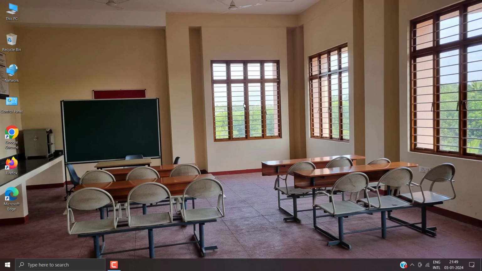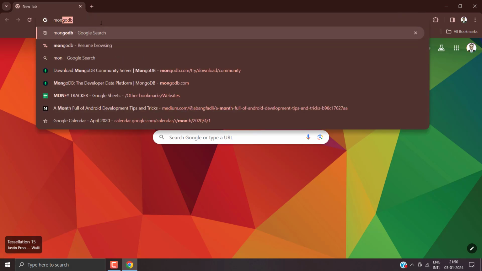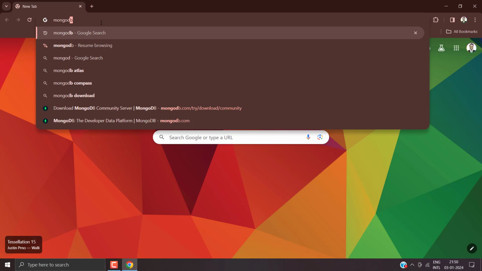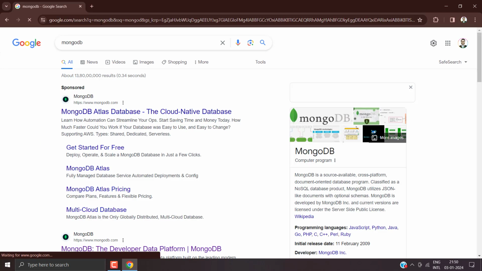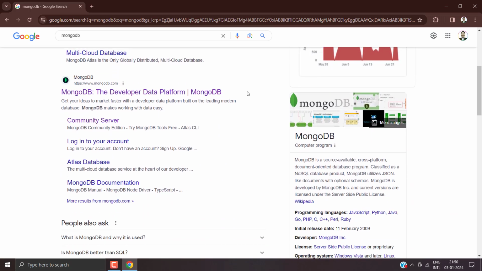So in this way, I'm going to show you how you can install MongoDB on your system. You have to click on your favorite web browser. Let me go ahead and go to Google Chrome, open it up, and in the search bar, you have to type MongoDB. Once you typed it, press enter, and you will be heading over to this page,